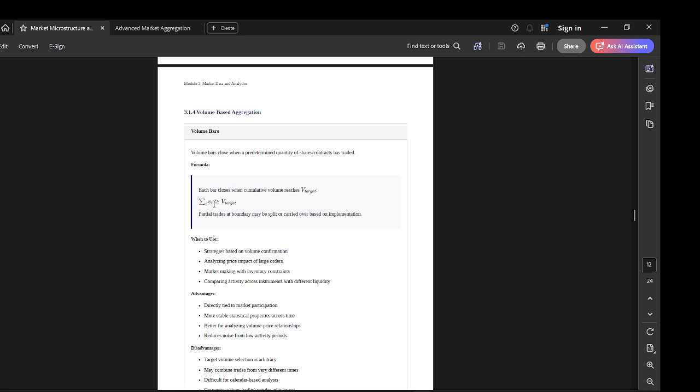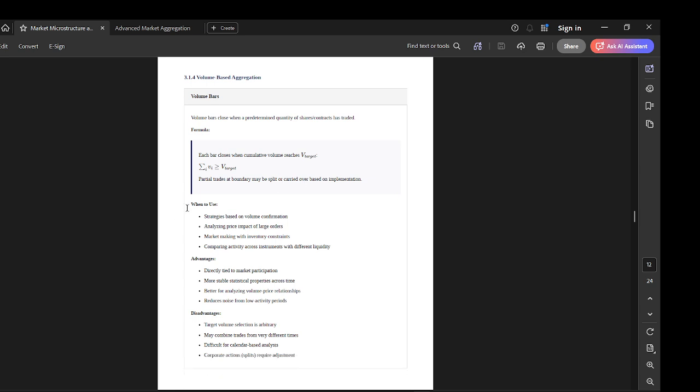The sum of V sub i, as i indexes from 1 to some arbitrary value, is greater than or equal to the volume target. Partial trades at boundary may be split or carried over based on implementation. When to use volume bars: strategies based on volume confirmation, analyzing price impact of large orders, market making with inventory constraints, comparing activity across instruments